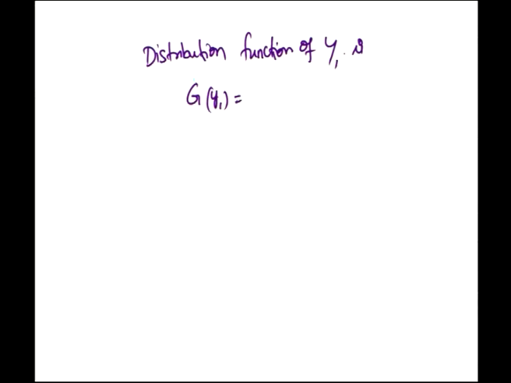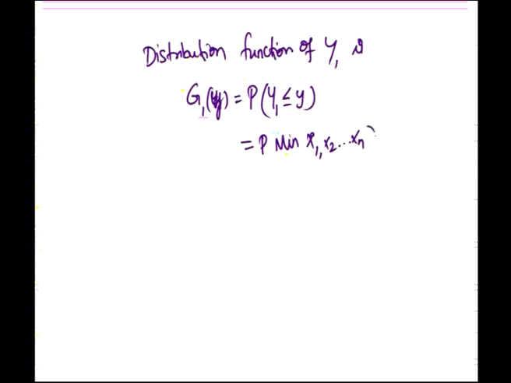So, since it is a distribution function, we will write g1 of y is equal to P of y1 less than or equal to y. y1 is nothing but the minimum of x1, x2 up to xn less than or equal to y. Since it is the smallest order statistic,